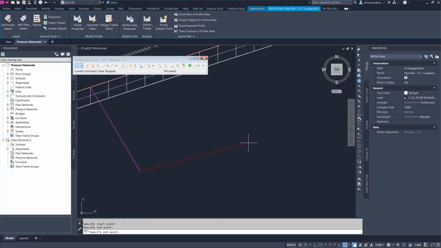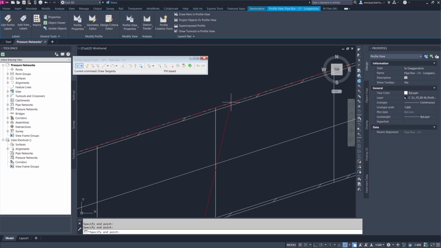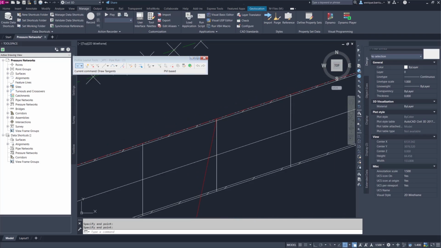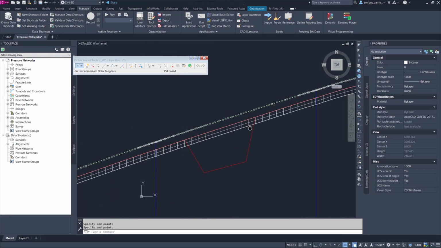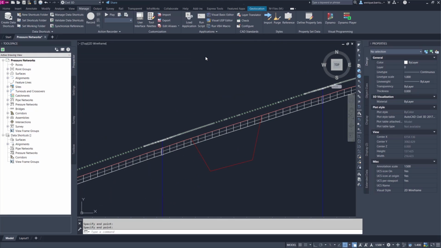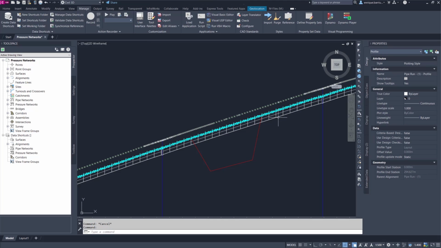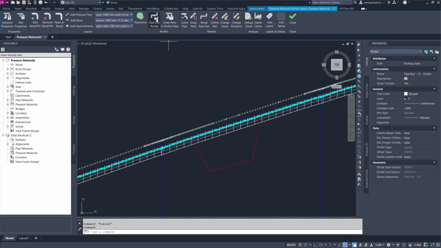Something like that. And now I'm going to follow that profile. So I access the